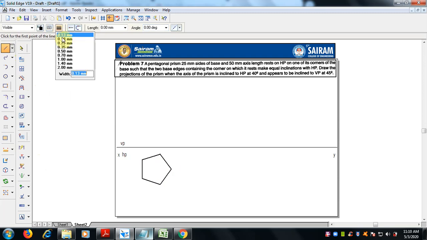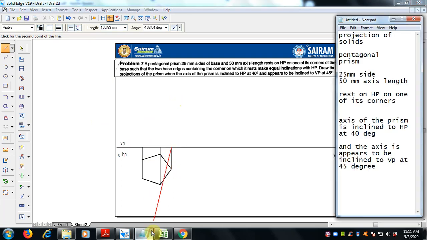Next we have to draw the front view. So project this top view with the help of thin lines. I have selected the 0.13 mm line. Now select 0.5 mm for the front view, join this individually, and now the height, what is given in the problem is 50 mm axis length.